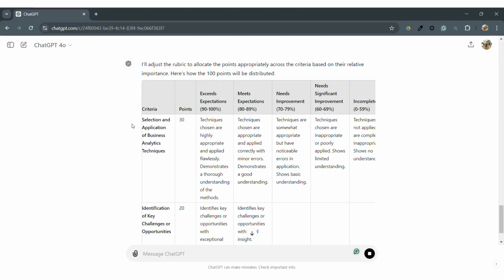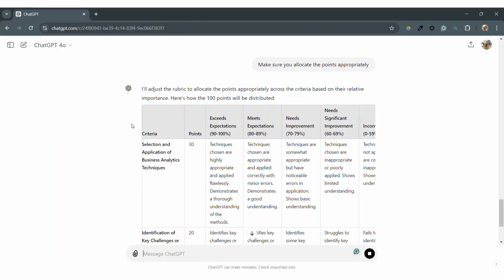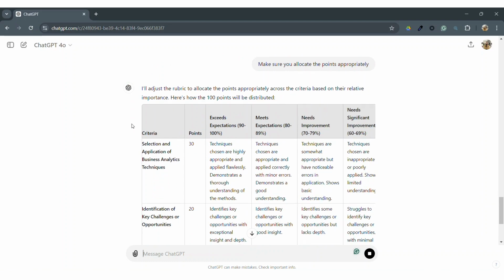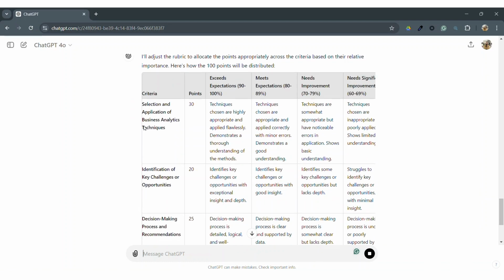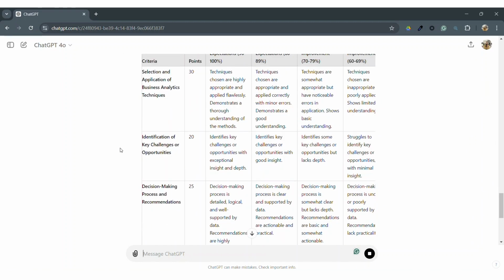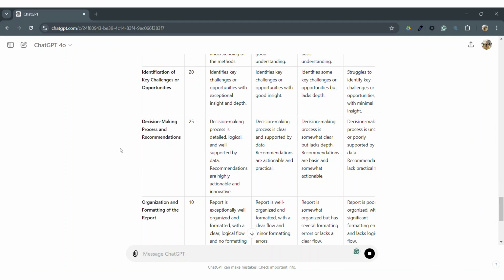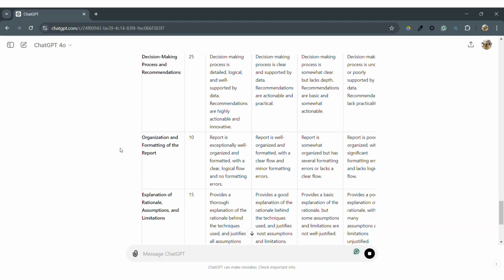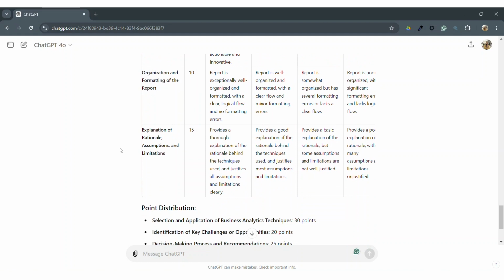And now it completed the request. So now generative AI understood what we meant by point allocation, and it added an additional column with points, which is great. So by utilizing the chain of thought technique and breaking down this task into steps, we were able to guide AI through the process that not only gathered all necessary information, but also ensured that the output is customized, relevant, and aligned with the assignment learning objectives.